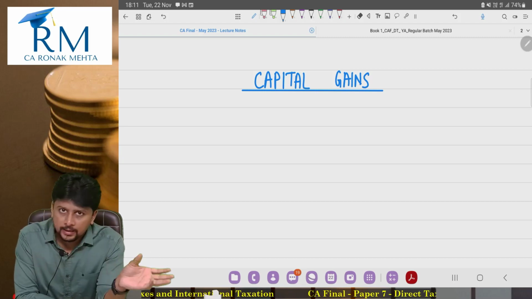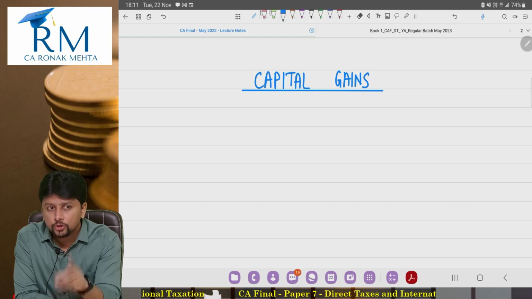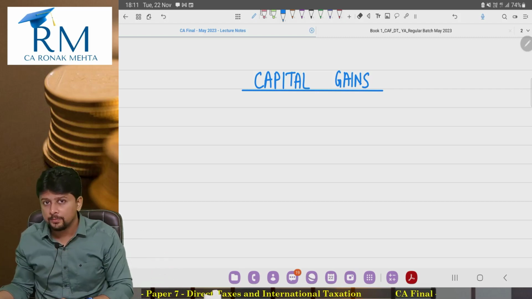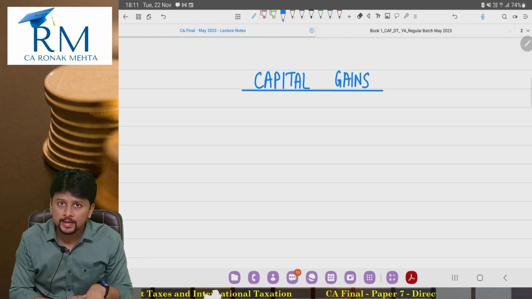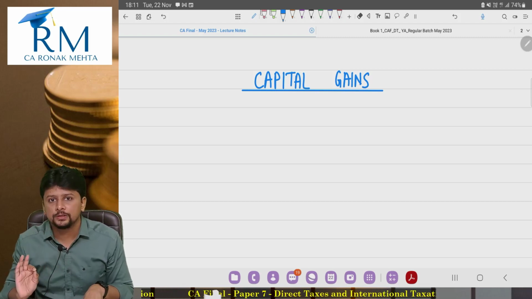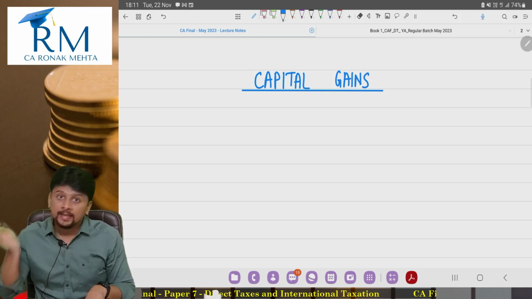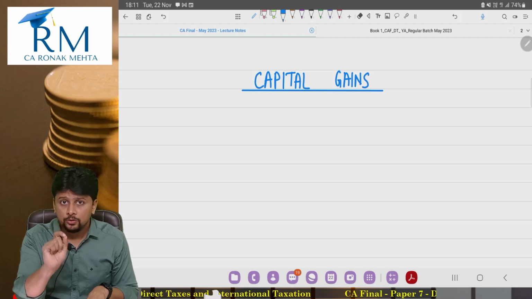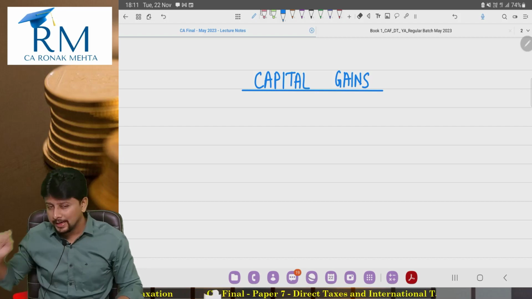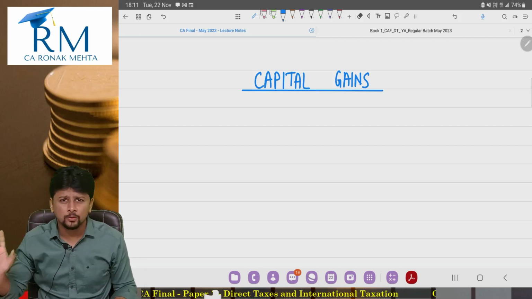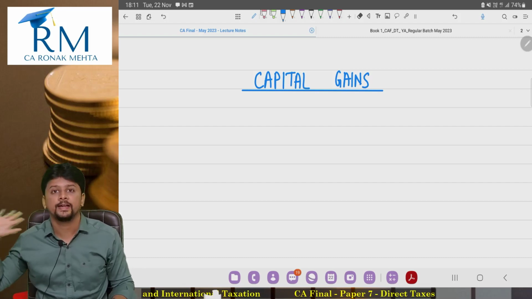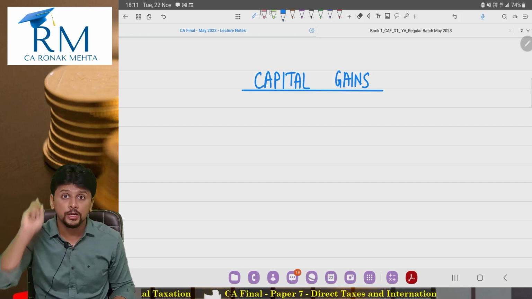So capital gains and PGBP, from a CA Final student's perspective, it won't make much of a difference which one you pick up first and which one you pick up next. But during lectures and for your study, I would always recommend do capital gains first, do IFRS next, and then do PGBP, so that when you are solving questions, institute questions, past exam questions, RTP, MTP, my question book, any other source, when you are solving PGBP questions, you are already aware about the other two heads. So you are able to solve the question fully, properly, accurately.